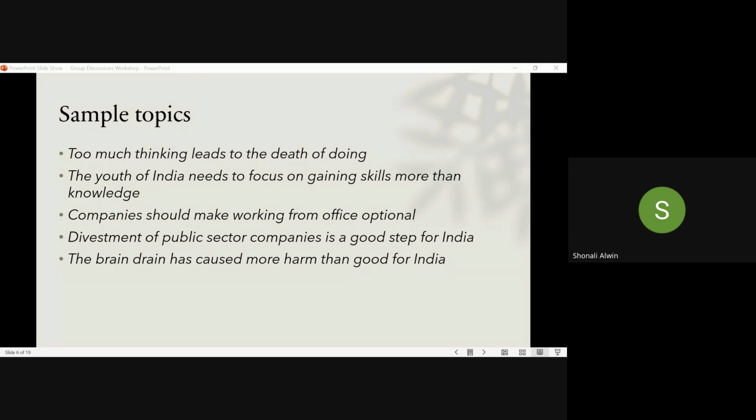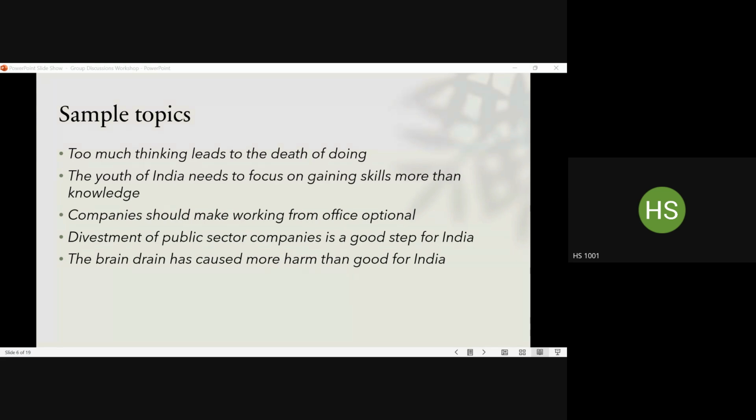The good step actually means they're not asking us to debate. They have actually taken it as a decision, I feel, ma'am. That might or might not be the case. That's a very good point, actually. If you look at this topic as a general topic, then a good step for India will already be considered a decided fact. So then you will simply be adding to the point. You will be asking yourself, why is it a good step?